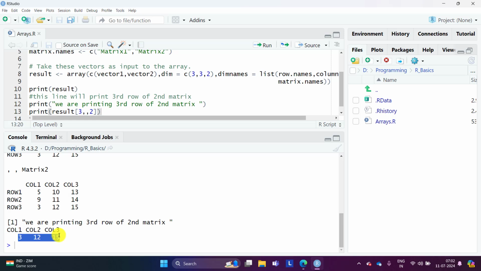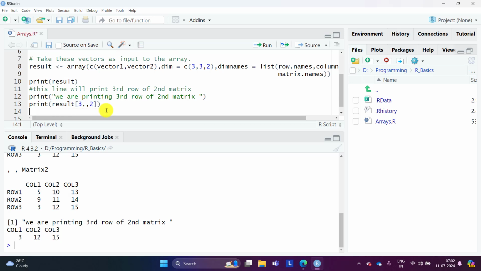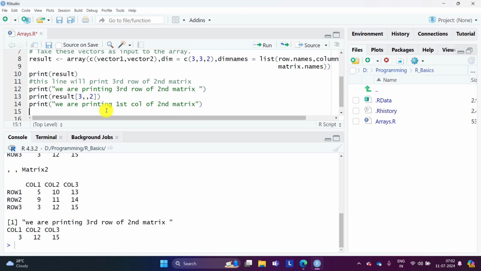So if you want to print columns, how can you do this? Now let us see. Print. We are printing the first column of the second matrix. How will the code change now? Print result of